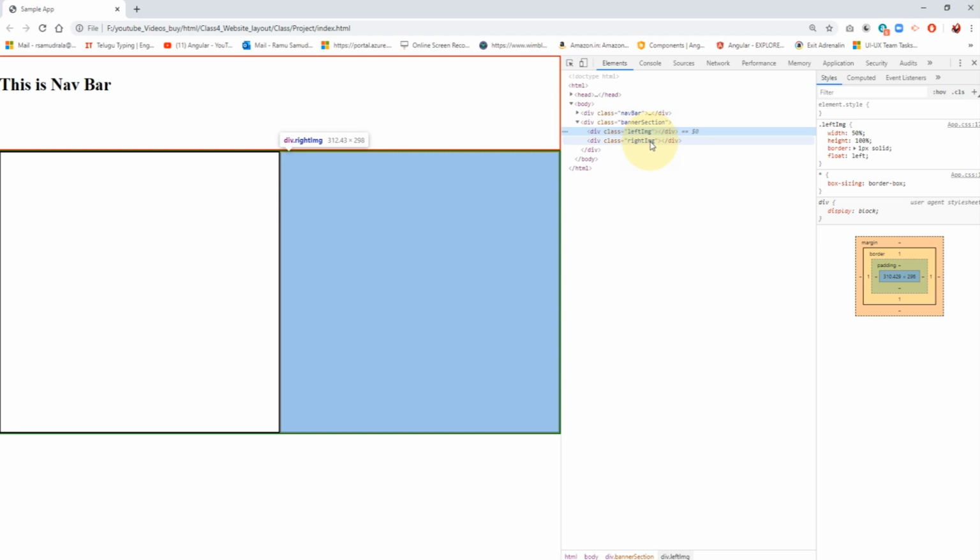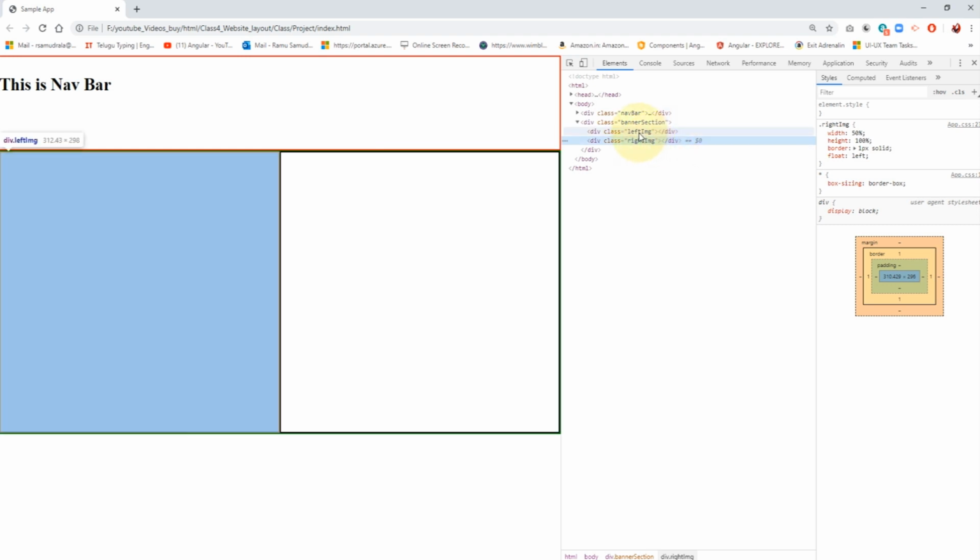Like this you have to place elements side by side. If you want 4 elements, then instead of assigning width 50%, its width is going to be 25 percent, dividing from 100%.